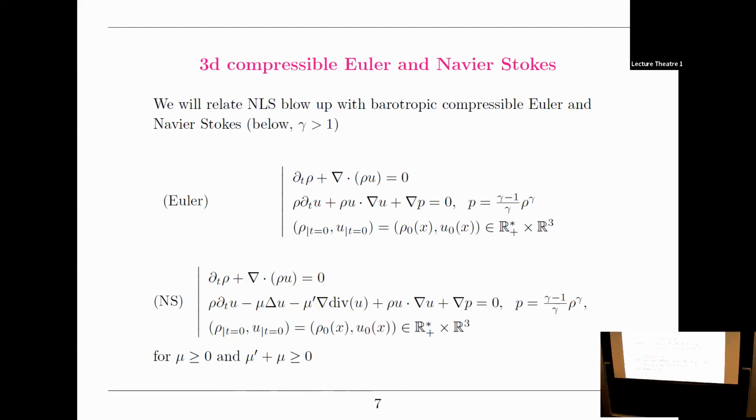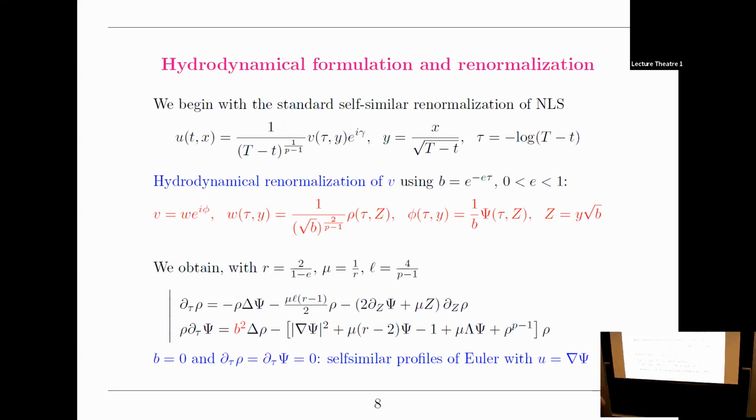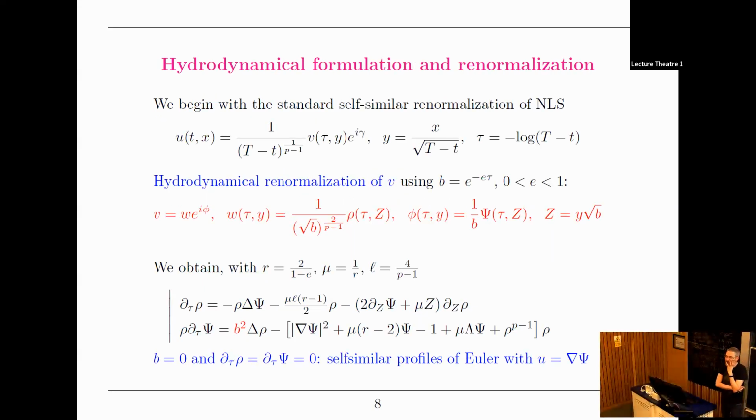In the second part of the talk, I'll discuss Navier-Stokes, and in particular, again, the same story, how you can make the Eulerian regime dominant so that the viscous terms become negligible. But let me first come back and spend maybe one last slide on this connection to Euler. So you begin, first of all, the first thing you do